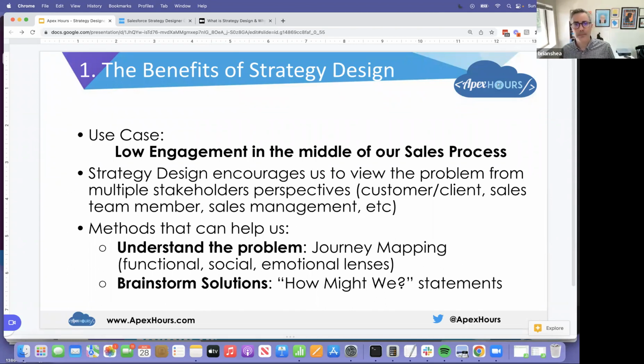So there were a number of different how might we statements that we came up with for how we could improve this situation. Some of them have to do with technology and Salesforce, some of them don't. But this activity of doing a journey map, seeing where the frustrations are, and then systematically, or at least in a structured way, brainstorming solutions, allows us to be really clear